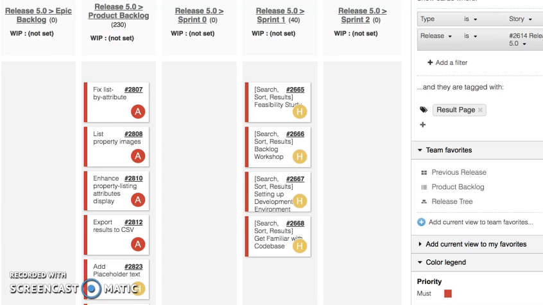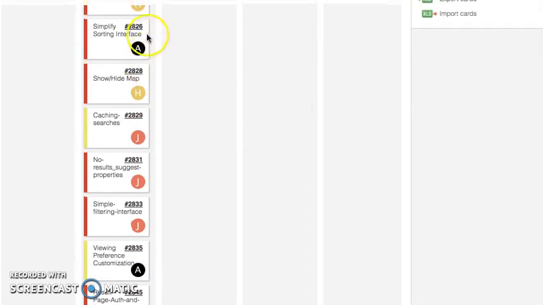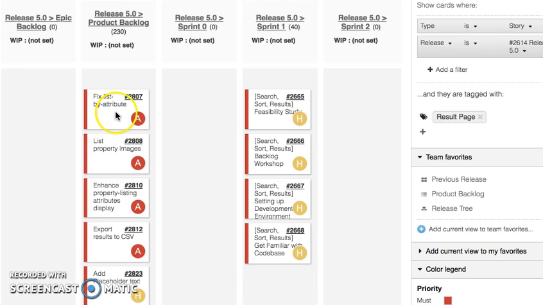If you see here in the product backlog, we've packed this backlog with a total of 14 user stories, which we'll gloss over right now. So if we go through the first one,